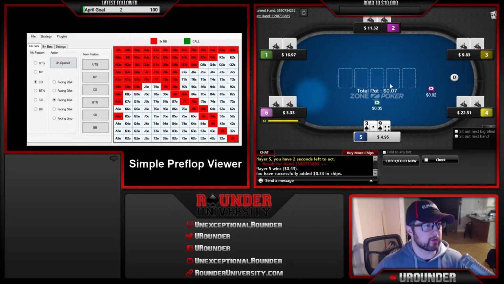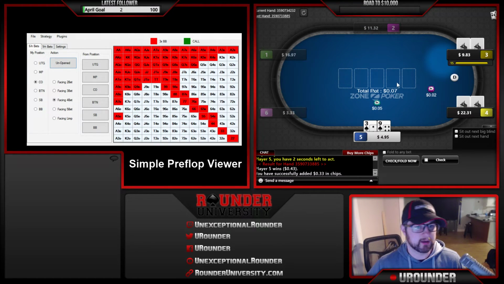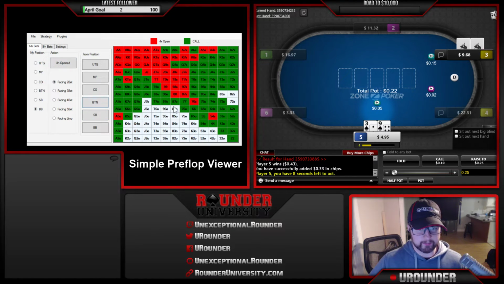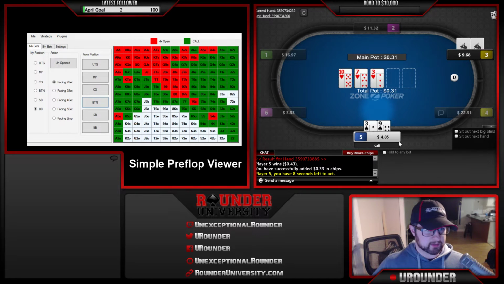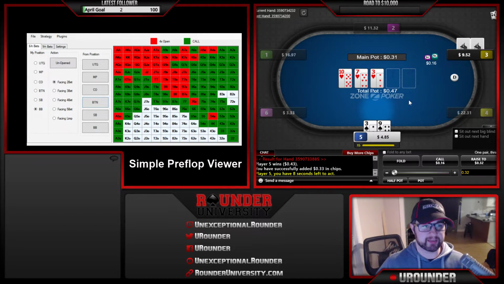All right, so the other feature I want to talk about is hotkeys. So one thing that I thought about was that if you're playing multiple tables, now keep in mind, the people that use this software play on 4 to 6 tables. They grind like normal players and are able to get all of the ranges pulled up in time, right? Big blind facing 2-bet from the button, 3-9 suited. We already knew that was going to be a call. However, if you wanted to simplify things even more,